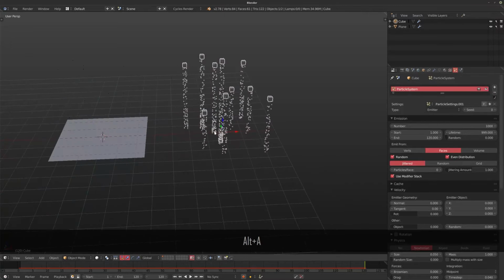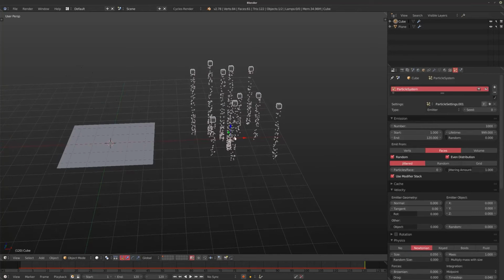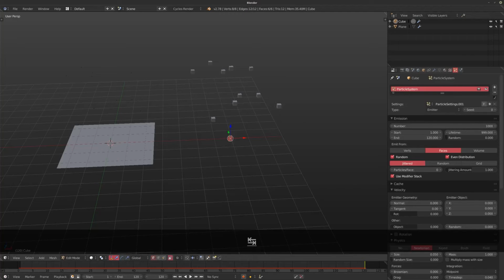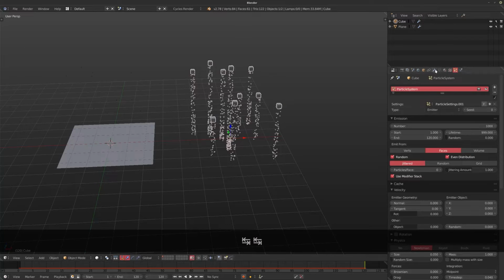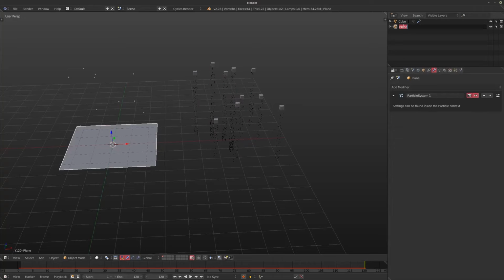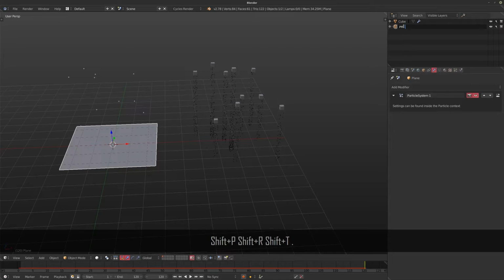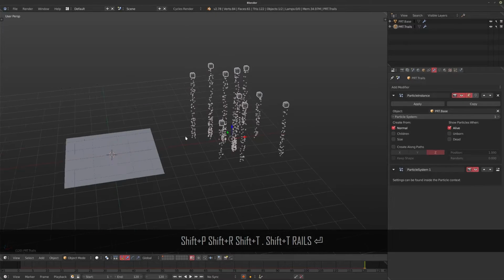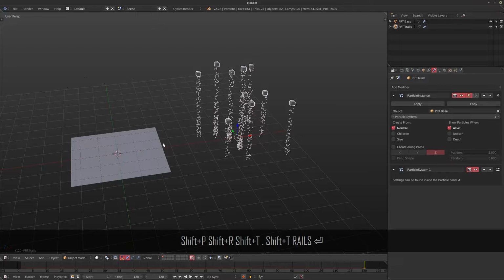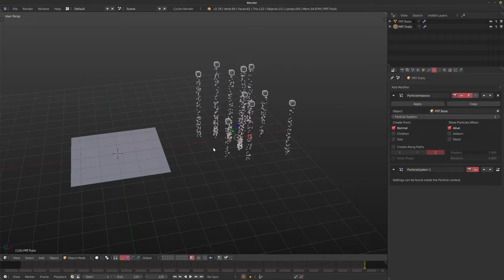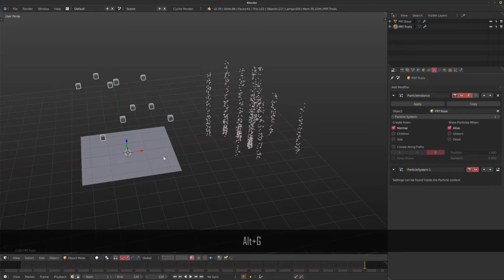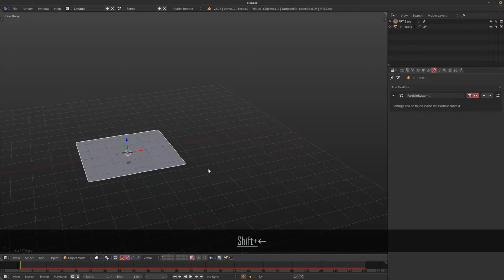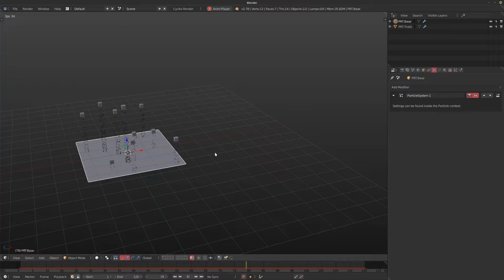So if you want this to line up with your original particle system, all you need to do is go to your cube object. So remember this small object that we're using the particle instance modifier under. I'm going to call this particle base and call this one particle.trails. If you want it to line up, then you have to line up the pivot point with the original particle system's object. So I know this one's in the middle, so I just hit Alt-G to reset it to 0, 0, 0, and now you'll see it actually lines up perfectly with the original particle system.